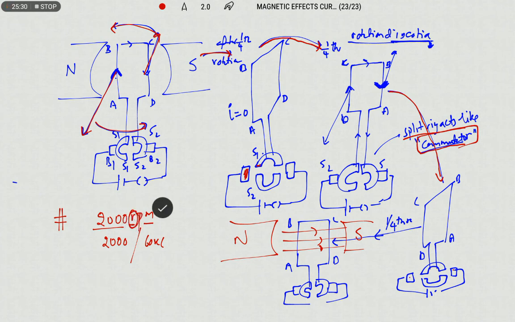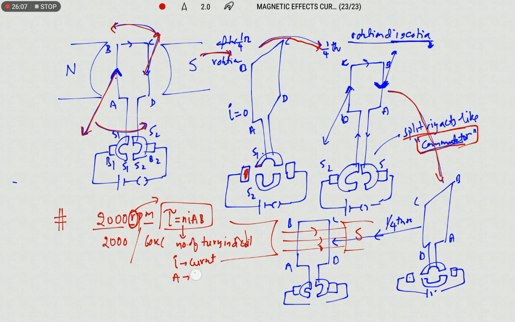Okay, now if it is more efficient, then automatically we can get a greater output in the form of mechanical energy. So simply, to increase the output of an electric motor, what we have to do is increase the number of coils or the number of turns in a coil. If the number of turns in a coil increases, the number of rotations made by the coil in the magnetic field will also increase. And if the strength of the current increases, the number of rotations will also increase.